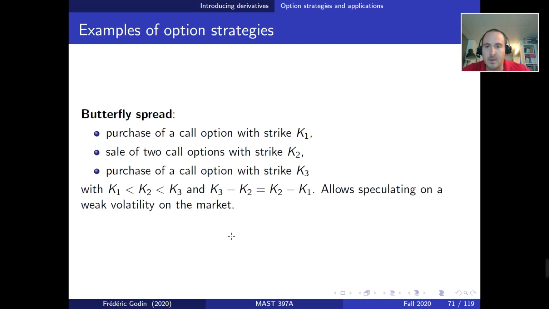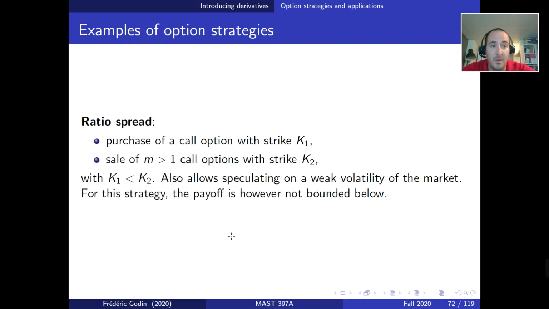Then we're gonna see a fourth strategy, which is the ratio spread. The ratio spread can be achieved by purchasing a call option of strike K1 and selling M call options of strike K2, with K1 being smaller than K2. Okay, so I don't think I've plotted the payoff